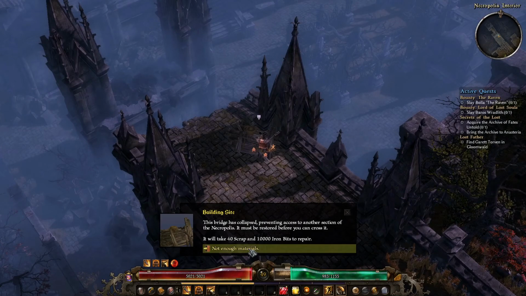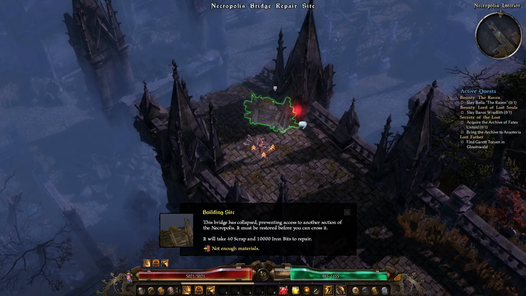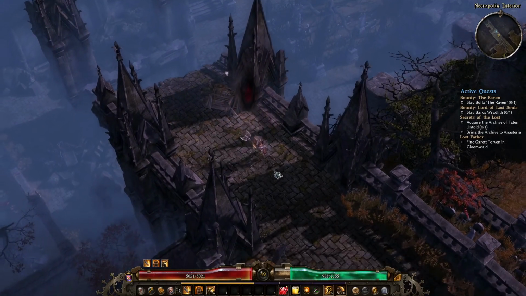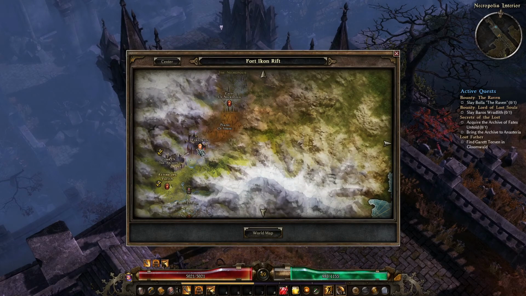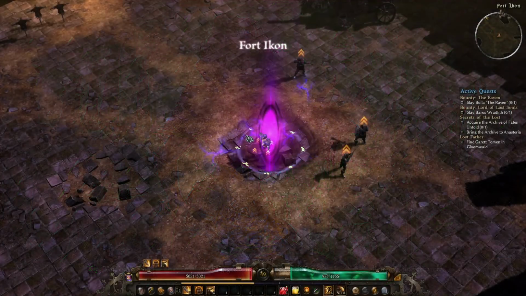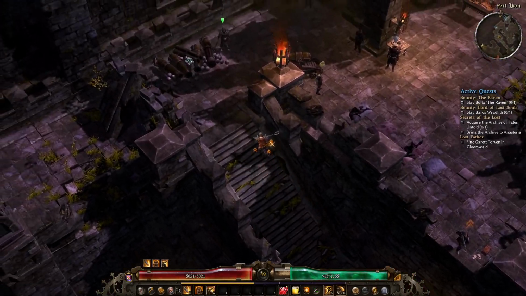Not enough materials. 40 scrap and 10,000 iron bits. We have that. So that's why we didn't do it. We just didn't come up here to... Can I please not? Wow, come on. Let me summon it in a spot that I can actually click. Okay, so we need 40 scrap. That's easy enough to get. We've got like 300 and something, I think. So that's fine. And yes, we're going to be doing that after the...